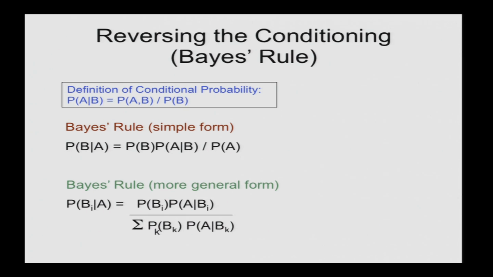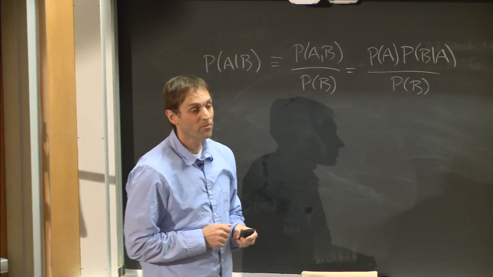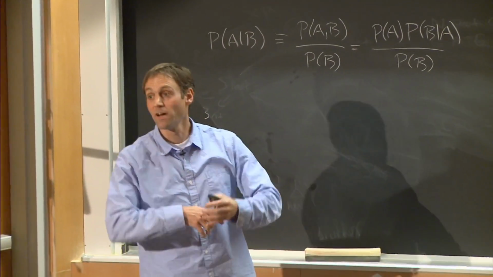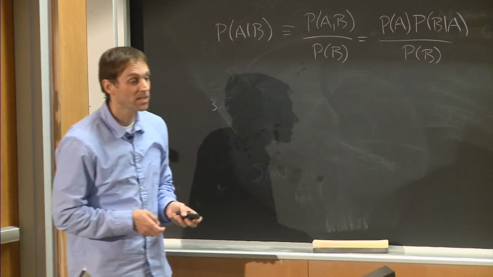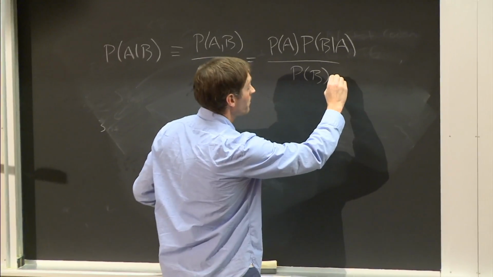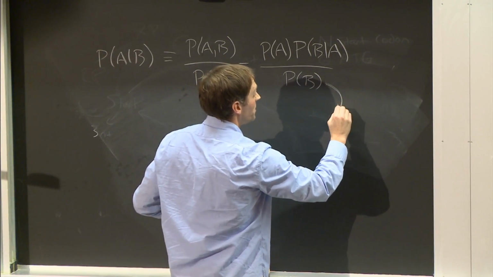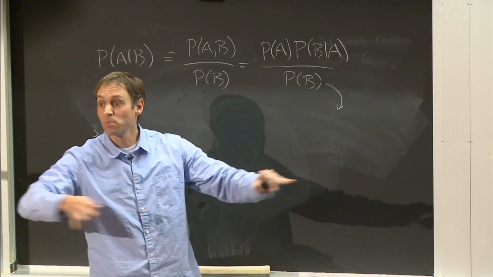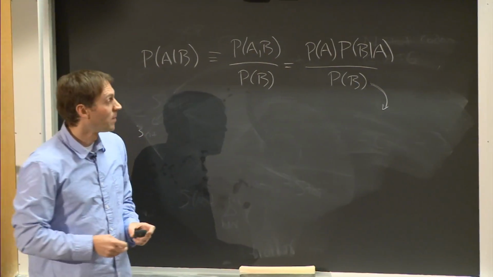And there is a more general form. This is where you have two states, basically B or not B that you're dealing with. And there's this more general form that's shown on the slide, which is when you have many states. It's basically the same idea. It's just that we've rewritten this term, this PB. We've split it up into all the possible states.